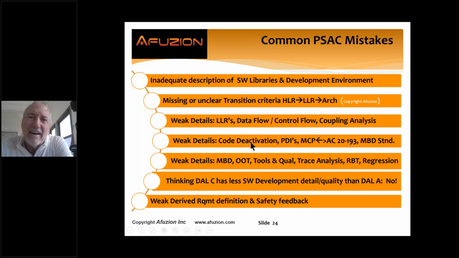What about deactivated code? How did you show it was really deactivated? What about parameter data items? Do you have requirements, review of requirements, tests, review of tests, configuration? Are you using multi-core processing? Okay. What about potential interference analysis? 3 fingers, folks.